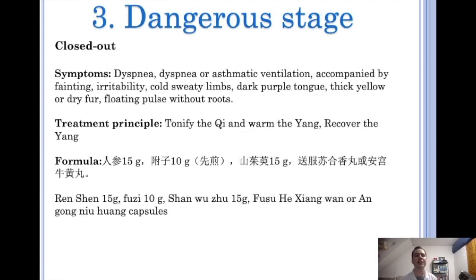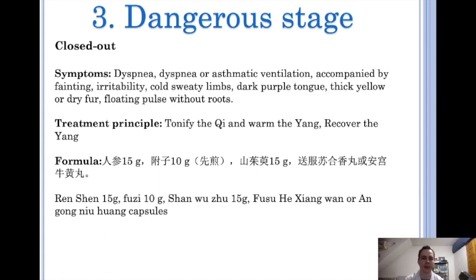Right now, for the dangerous stage, I just introduced that in this dangerous stage, usually the patients are really serious, so a lot of patients are going to have dyspnea, okay, so it's difficulty, they're not going to be able to breathe well, they're going to have some kind of asthmatic ventilation, okay. Some of the patients will faint. They are going to have all the symptoms of